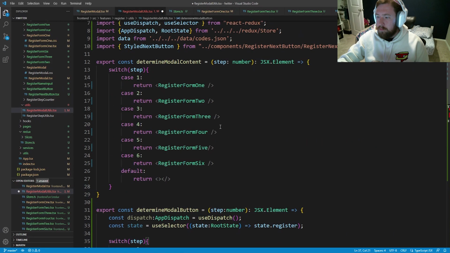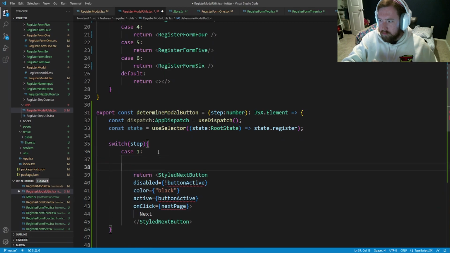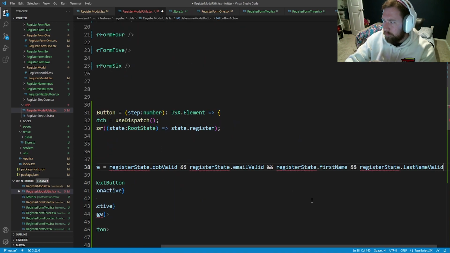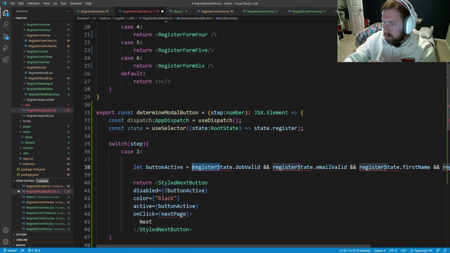I'm not sure we have that. But what we could basically do is, okay, case 1, we can say not const, let. We can literally say button active, I guess. Let button active equal to, and then this is really ugly, but we can say this and say state, I don't know what happened there, state.valid,